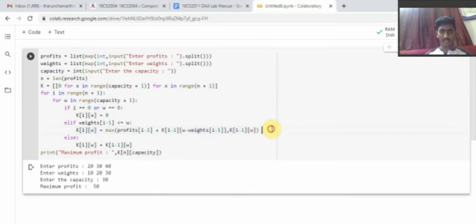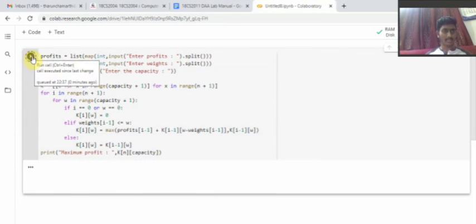So that is what we have learned in dynamic programming. Dynamic programming is all about solving the subproblems and then making it a formula to find the final result. This is the way you have to fill the table. Using this formula you can fill the table. Or else, if these two conditions fail, then k of i of w is equal to k of i minus 1 of w. And then you will find the maximum profit by taking the last element in the table, k of n of capacity, the final row and final column.